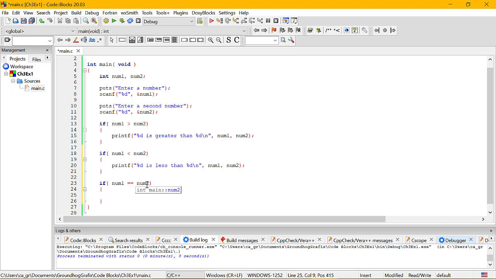It would assign num1 num2's value. So then we will printf "%d is equal to %d", num1, num2,